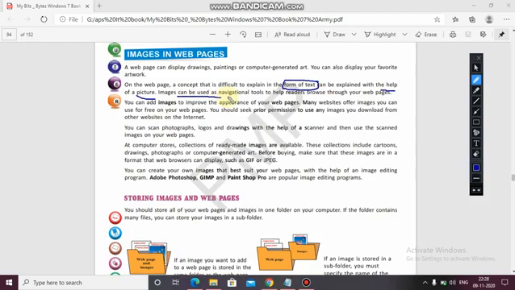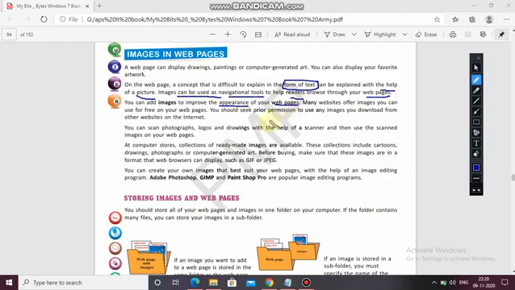Images can be used as navigational tools to help readers browse through your web pages. You can add images to improve the appearance of your web page, like you are changing the font sizes and font color to make it more attractive.